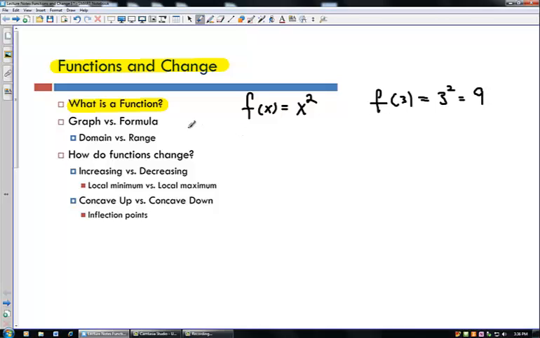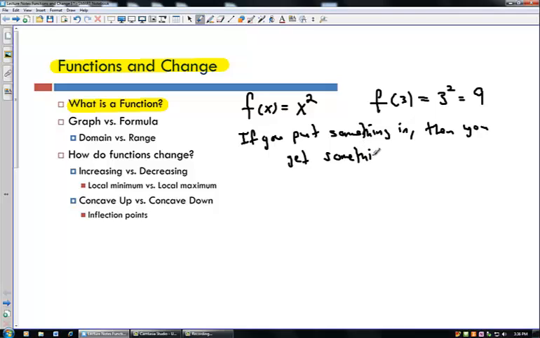Really, in essence, what a function is, it captures this idea: if you put something in, then you get something out. Now the trick here is that you can put lots of things into a function. This example that I gave you right here is a function of one variable, but you certainly can have a